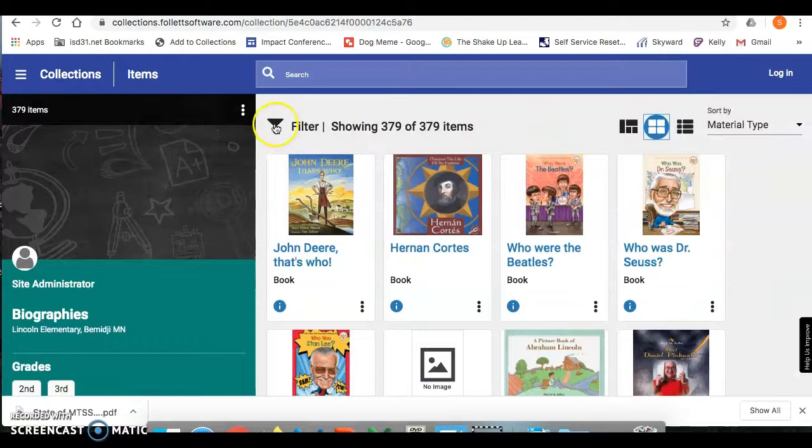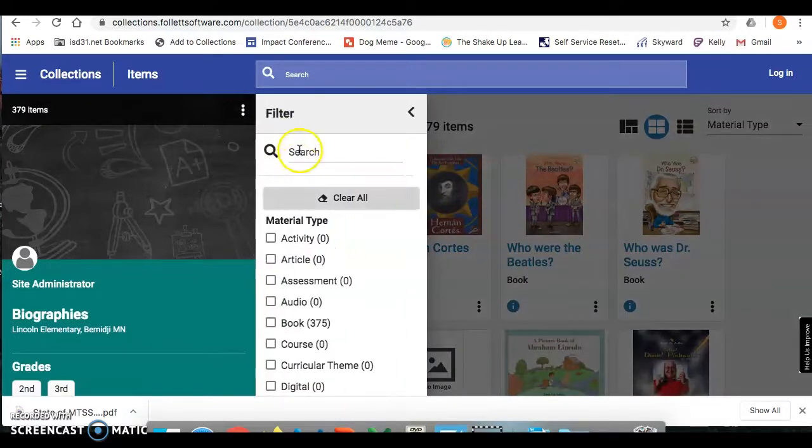Now going over here, you'll see the filter. And this filter tool is helpful if, say, you already know who you want to research. So let's say I wanted to do George